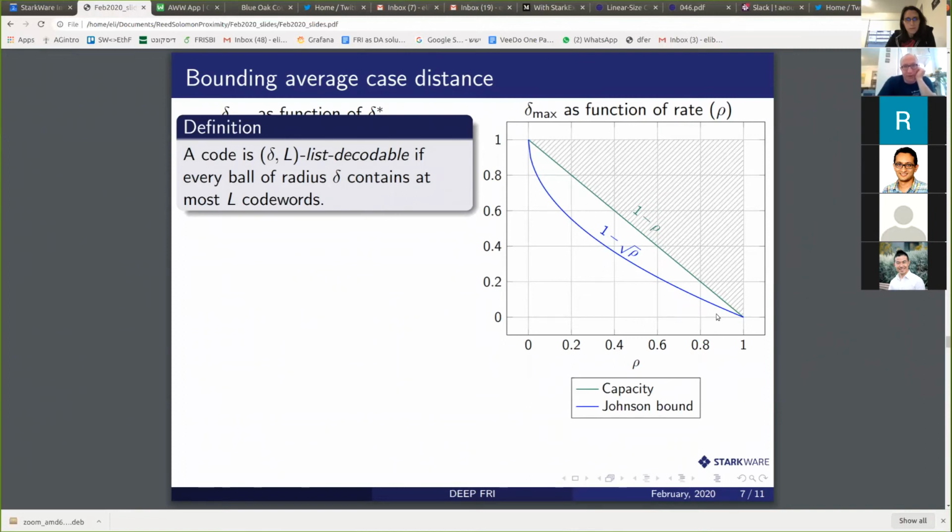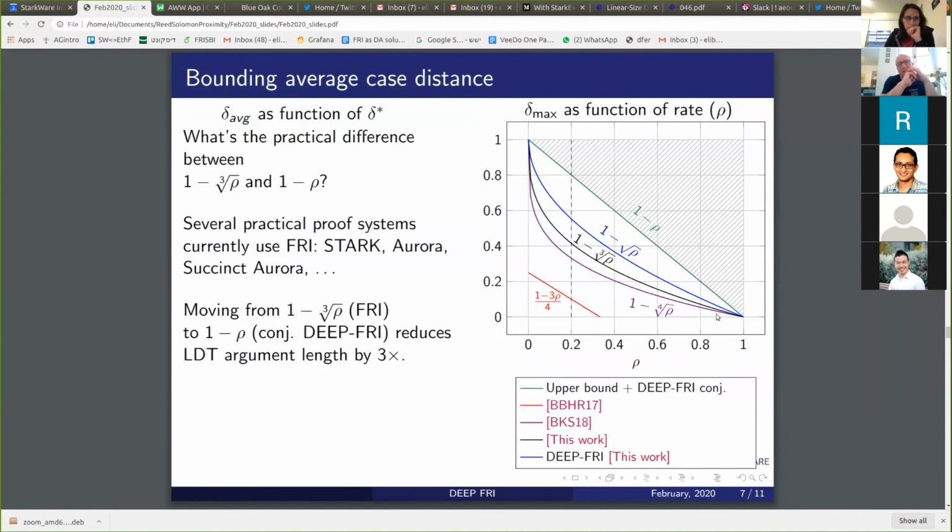So the rest of the talk is about the variant of the FRI protocol called DEEP, which is domain extension by eliminating pretenders. I'll go over it very briefly. I described the FRI protocol, but there's a twist on it that gives us a little bit more. But before that, let me pause to ask if there are